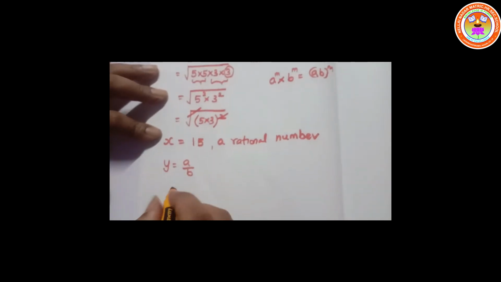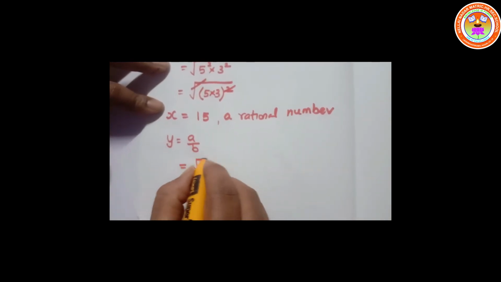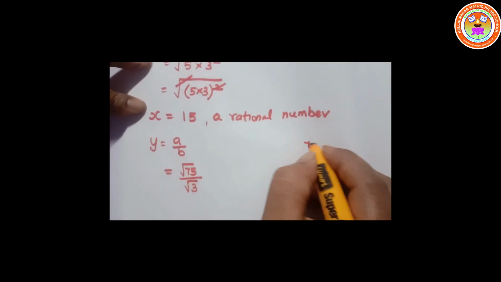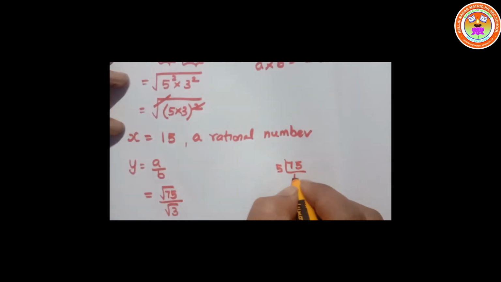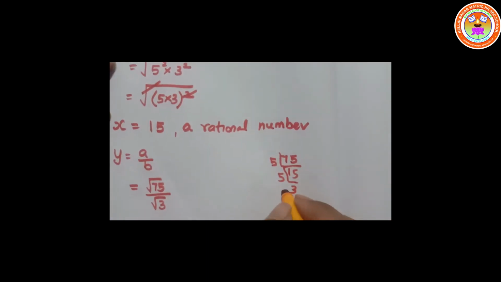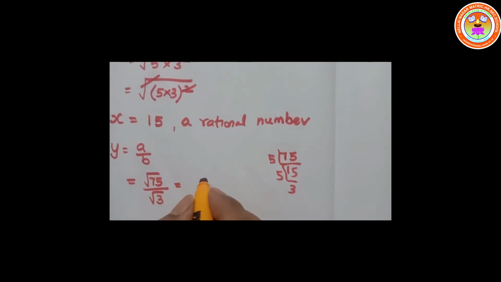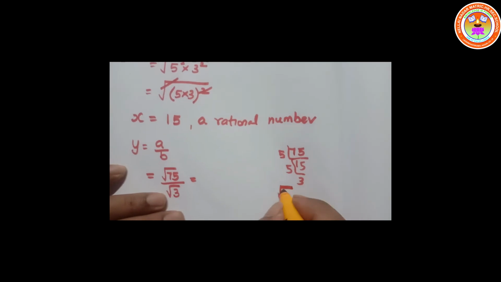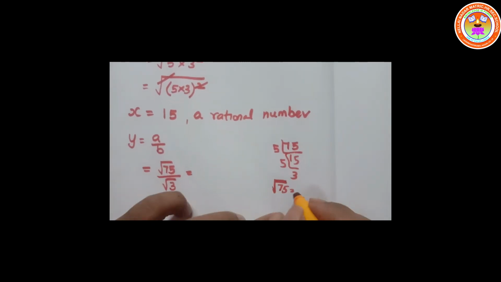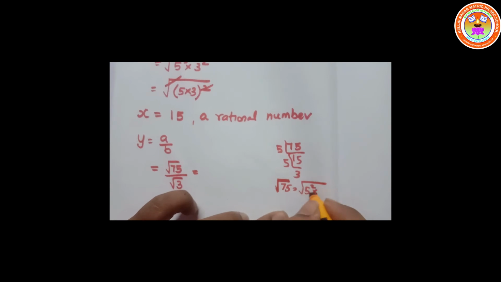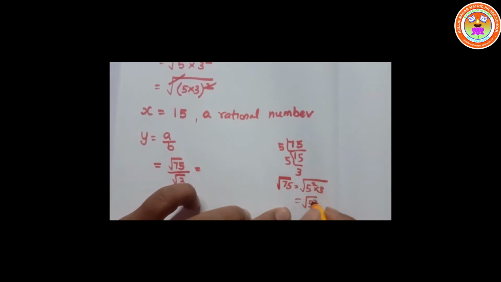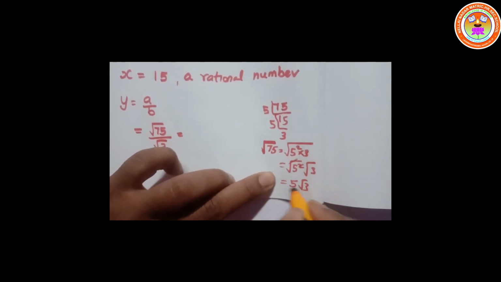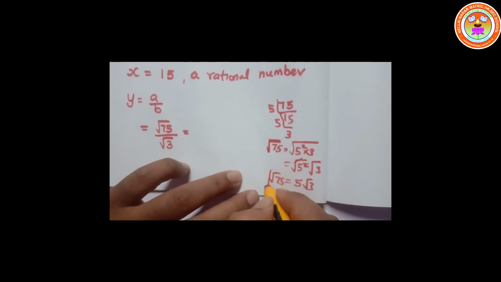Now y is equal to a divided by b is given. a value is what? Root 75 is given. b value is what? Root 3 is given. So 75 when you factorize you get 5 15 times, 5 3 times. Now I can write root of 75 equal to root of 5 squared into 3. This can be written as root of 5 squared and root of 3. Square and root get cancelled. 5 root 3. So root of 75 can be written as 5 root 3.